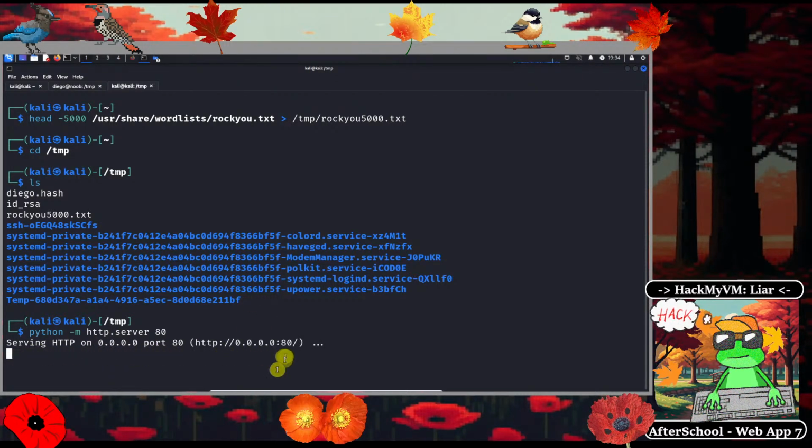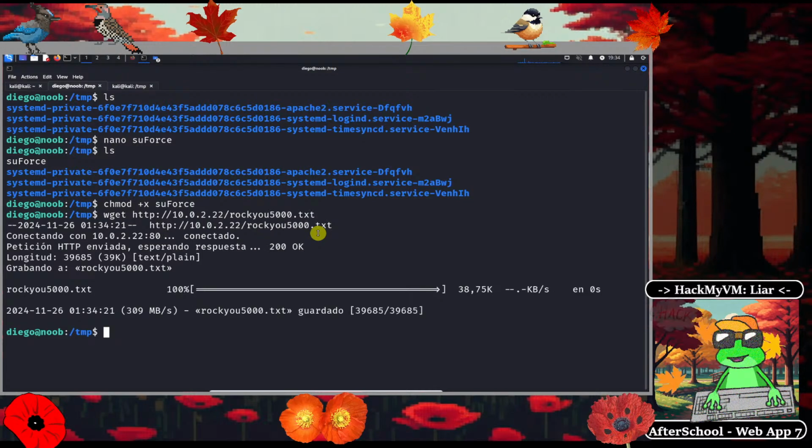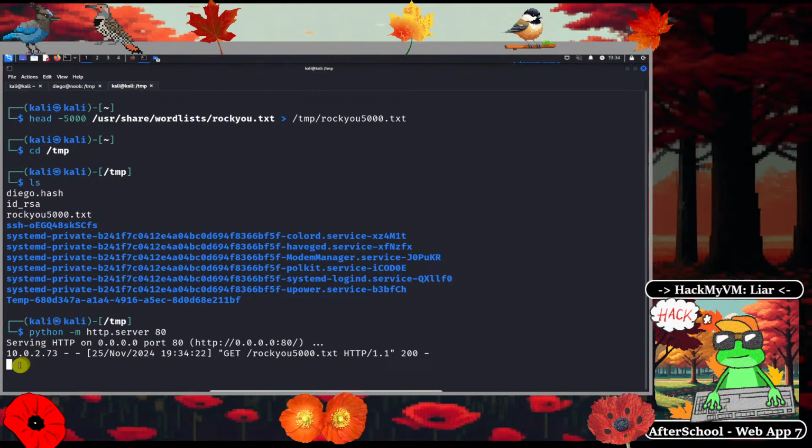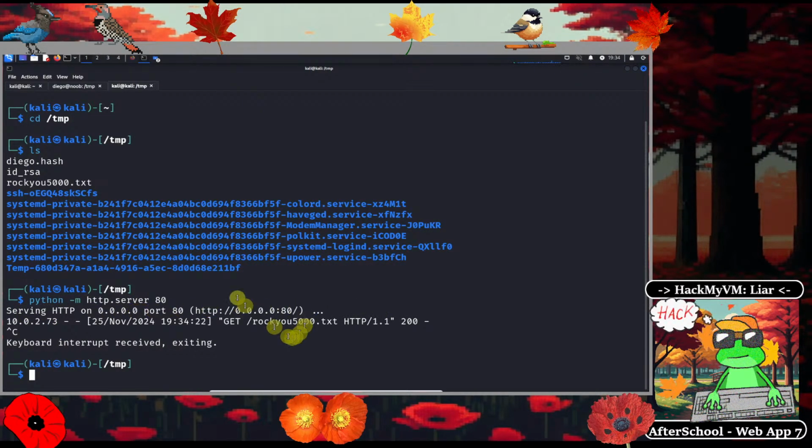So we're starting our HTTP server, then we go back to the victim machine, and we're going to download the file using wget. We're going to wget and provide the IP address of our attacker machine, and then specify the file that we want, which is rocku5000.txt. Okay, so we see that it is downloaded. If we take a look at the HTTP server that we just stood up, there was a GET request to rocku5000.txt. After that we can quit out of our Python HTTP server,